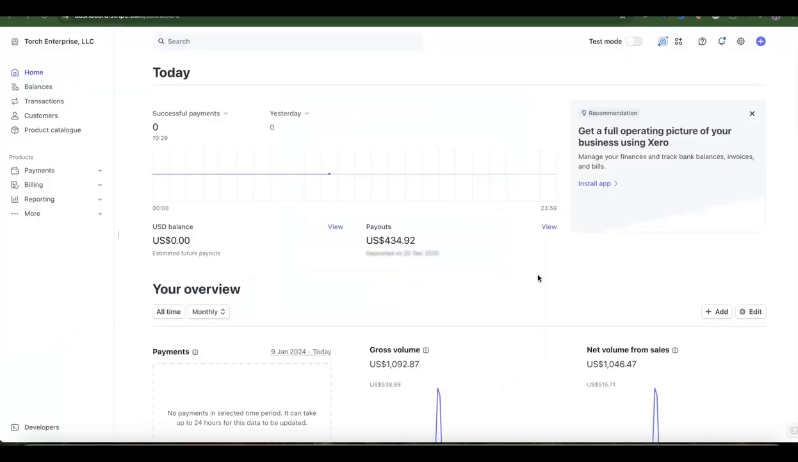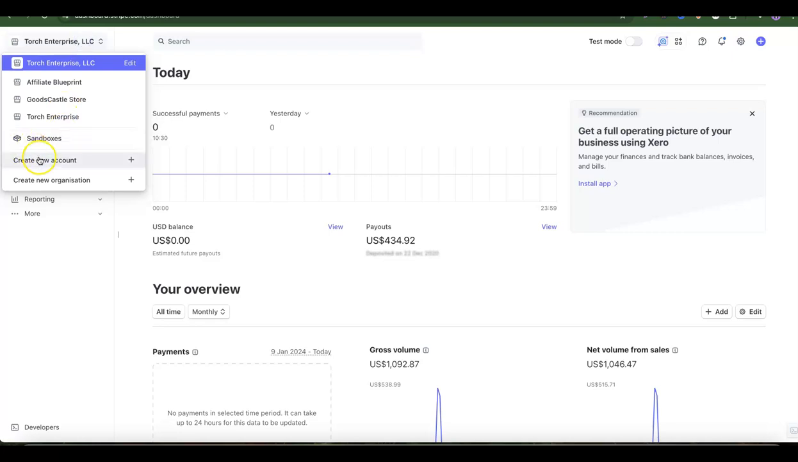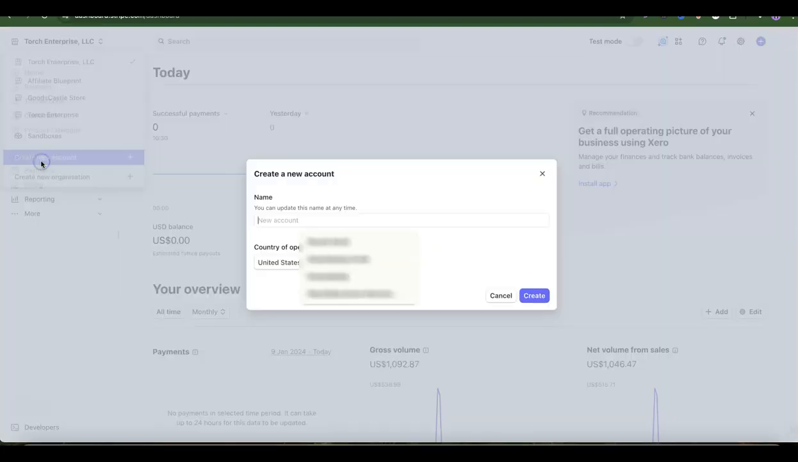So as you can see, I've just logged into my Stripe account, and what I have to do next is come to the left hand section here, then click on create new account. But in your own case, the option you're going to see is to continue creating your account. So once I click on this create new account, which you can also do yourself, what you want to do